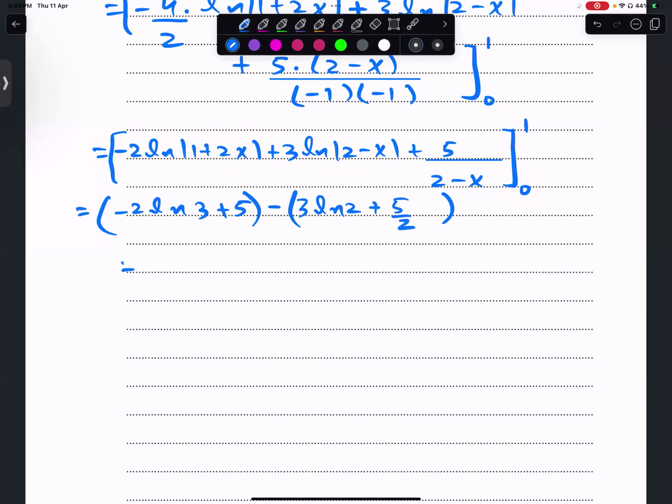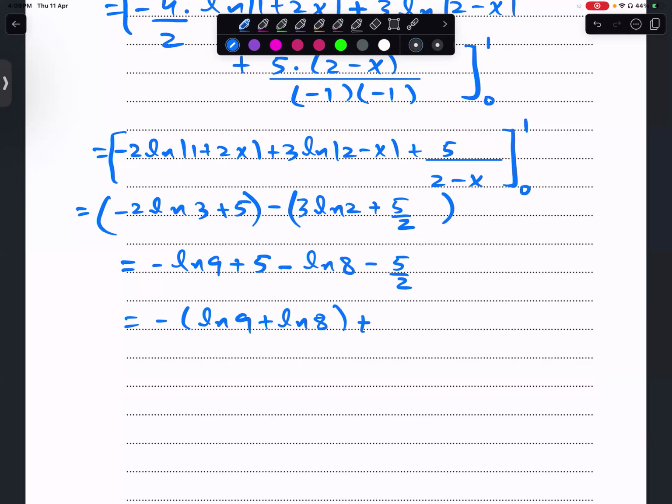So minus, bring 2 in the power. So this will become minus natural log of 9 plus 5 minus, bring 3 in the power, so natural log of 8 minus 5 by 2. Let's combine both ln terms together. Ln 9 plus ln 8, take minus common, and plus 5 minus 5 by 2 will be 10 by 2 minus 5 by 2, yes. So 5 by 2, and then you know that ln of A plus ln of B